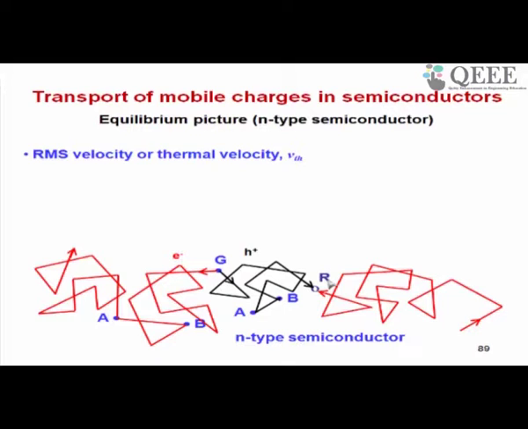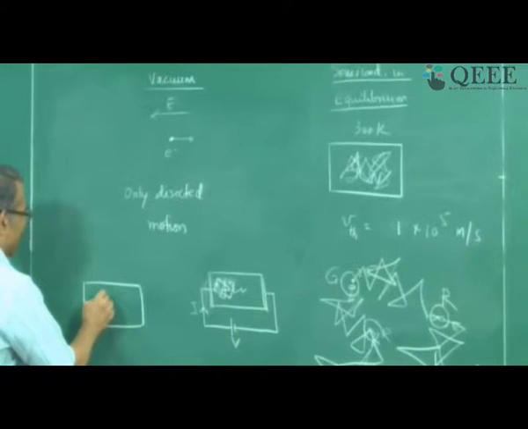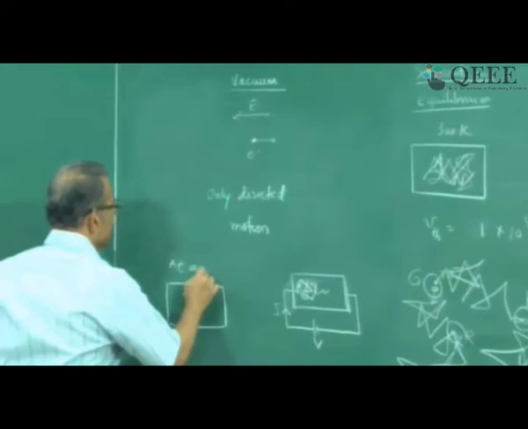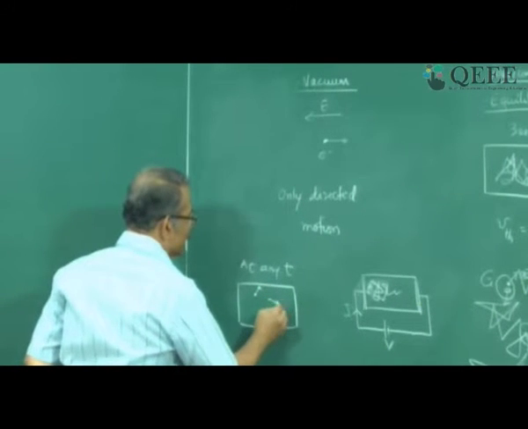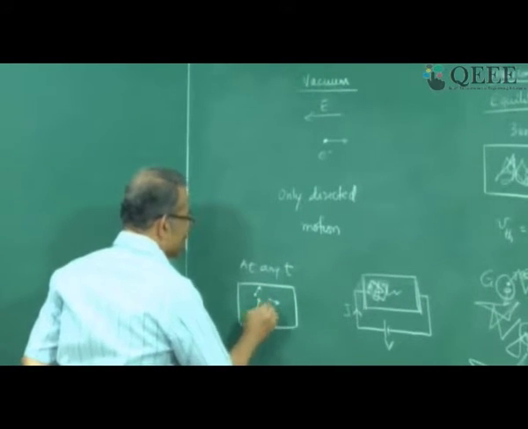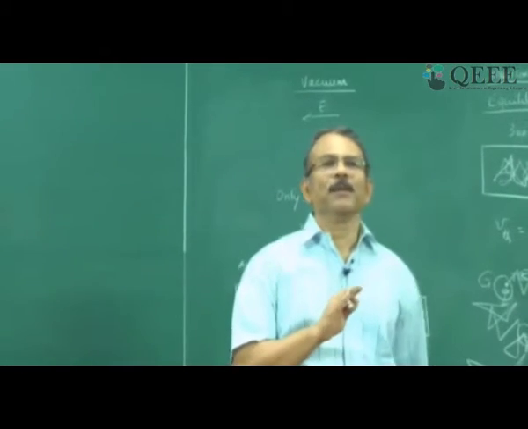So average. Now if you average the velocity of all carriers in equilibrium, you will get 0, because different carriers are moving randomly in different directions. If I were to take a snapshot at some instant t of a semiconductor, I will find one electron moving like this, another one like this, another one like this, and so on. If I add up all these velocities, I will get 0. So I cannot take a simple average.